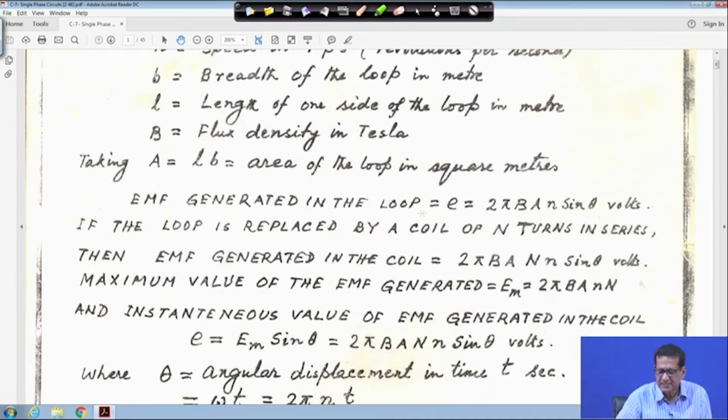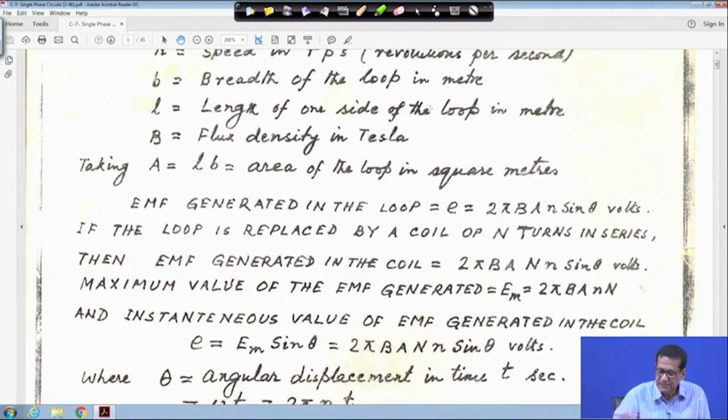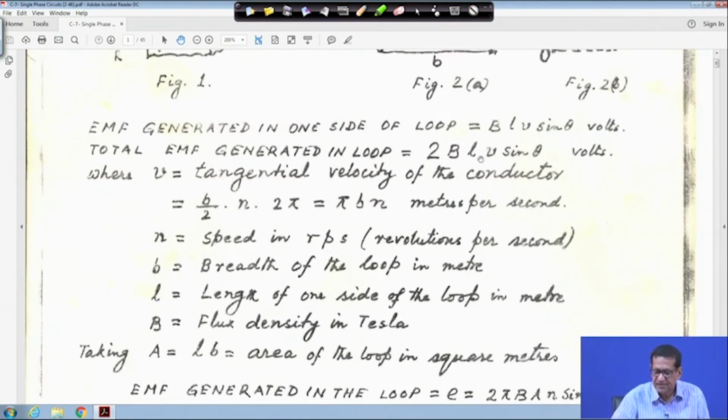Therefore, the EMF generated in the loop will be E, small e, is equal to 2 pi BAN sin theta. What you do in this expression, you know that it is BLV sin theta, and you put in this expression V is equal to pi